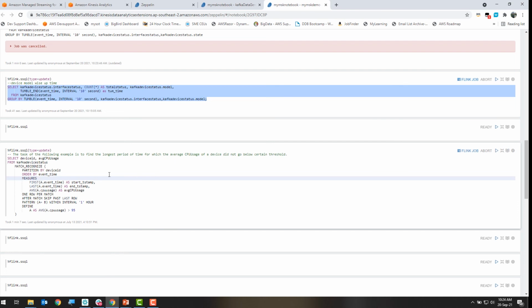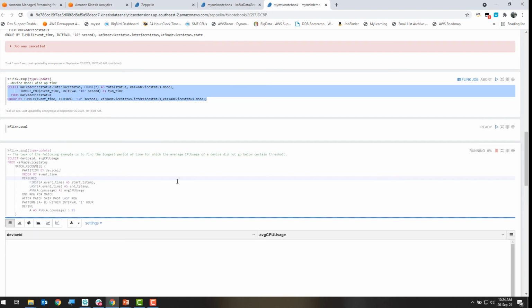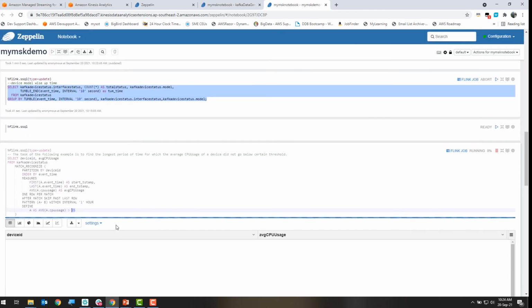So this example is going to help you to find the longest period of time for which the average CPU usage of the device did not go below certain threshold within the interval that you are specifying, and the threshold I specified is 95, let's say. It takes a bit of time to start aggregating or analyzing all those data.